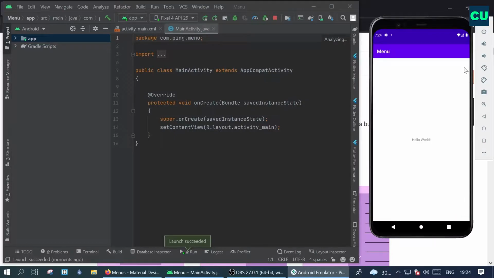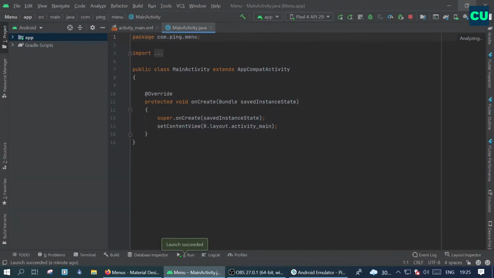Now you can see this is an empty activity, and this is referred to as an app bar, and this single screen is referred to as an activity. On your app bar there is just the activity's title, the app name, and on the right-hand side corner there is no menu attached to the activity. So now we'll try to attach a sample menu to this activity.